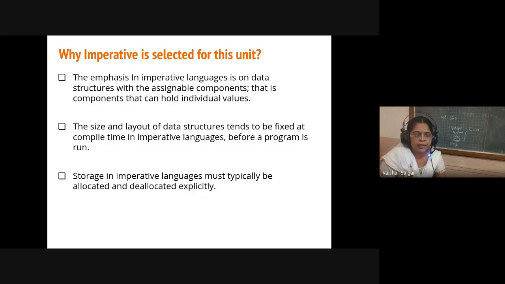For example, when I'm saying integer, it is using 2 bytes. Whereas when I'm saying character, how much size does the character data type have? Can anybody just tell me?